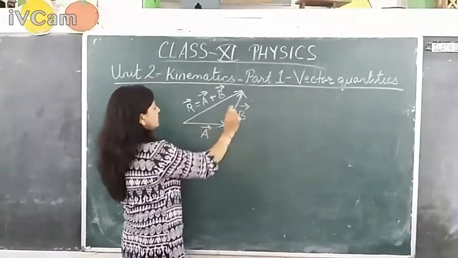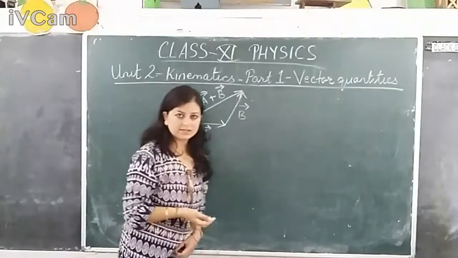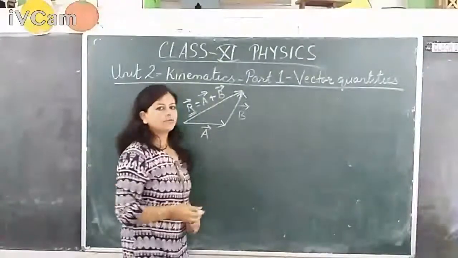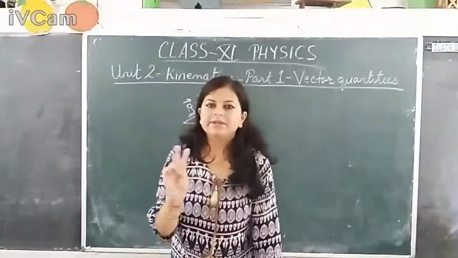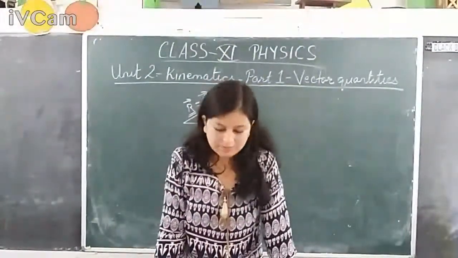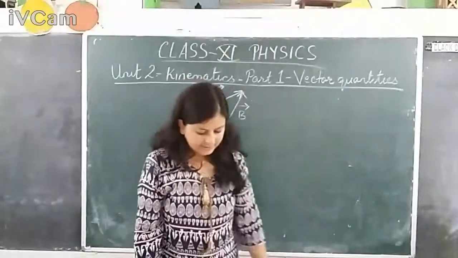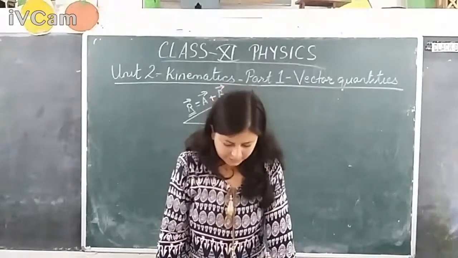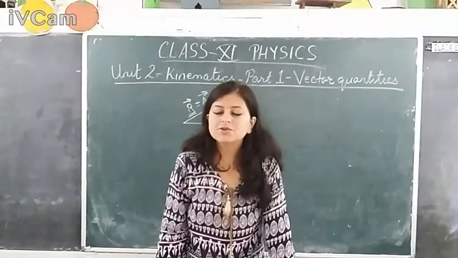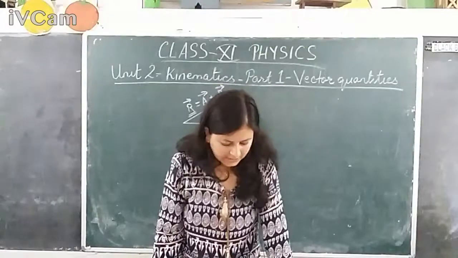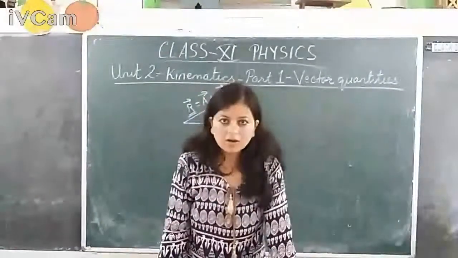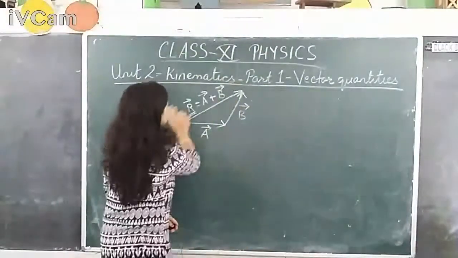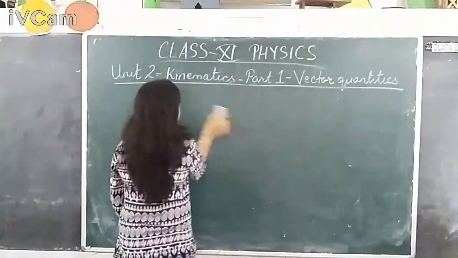Mind you, again we are not simply adding the numbers here, we are following certain rules to get this value of R. That means the value of R will be in magnitude as well as direction. Okay. So analytically speaking, that is mathematically speaking, there are two laws of vector addition, which are commonly used to add two vectors together. The first is called triangle law and the second law is called parallelogram law. Okay. Let's see how we follow triangle law to add two vectors.